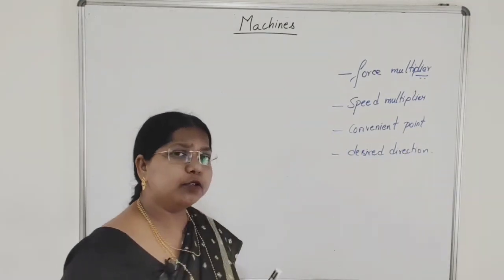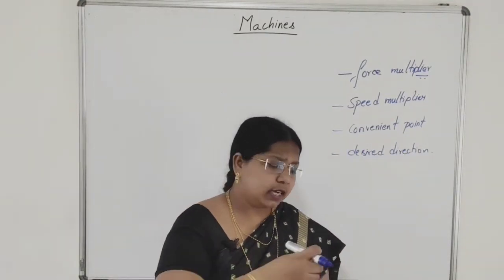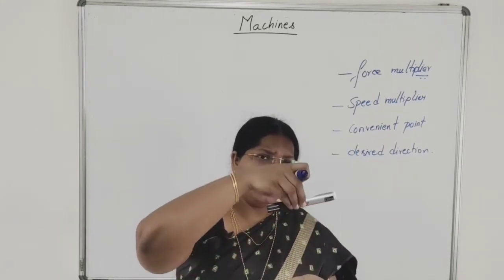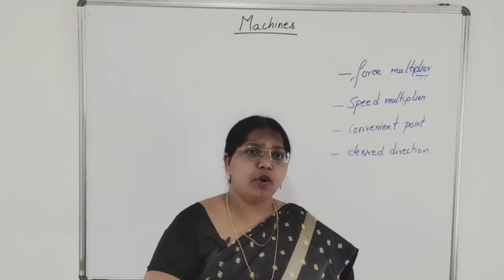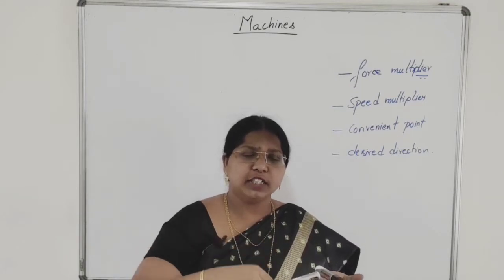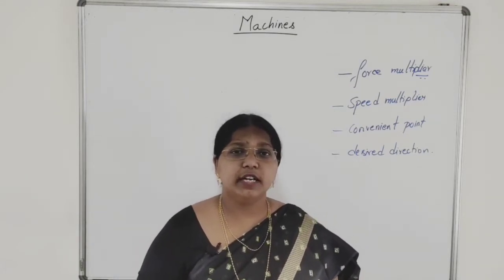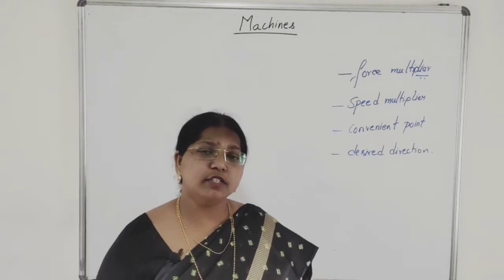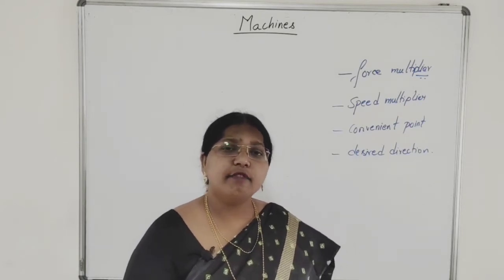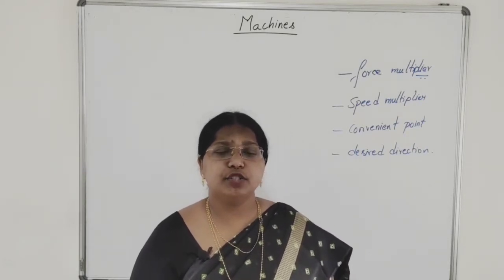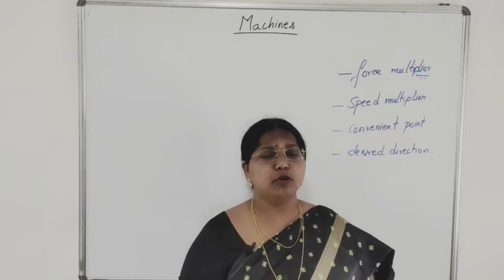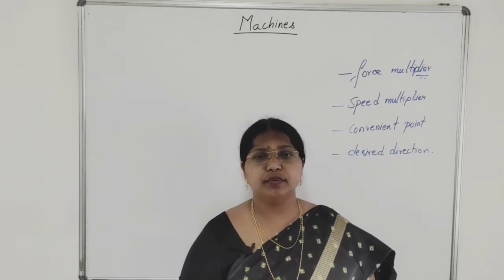Suppose we want to lift a load. Generally, if I want to lift this load, I have to apply the effort in an upward direction. But if I am using a rod to lift it, I am applying the effort in a downward direction. So I am changing the effort direction. With a pulley too, the direction of effort is changed. We can apply the effort downward, where our own body weight also adds to the effort we are applying.